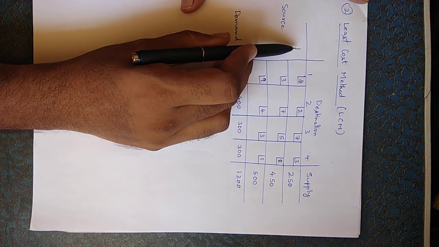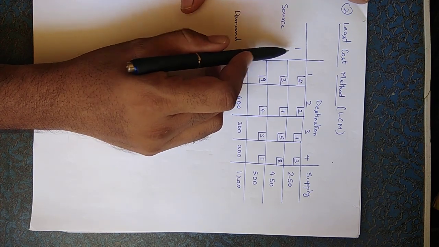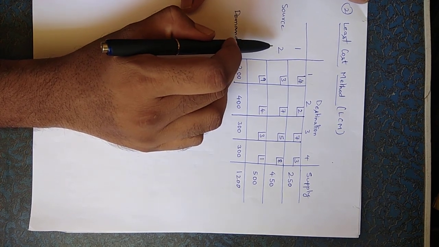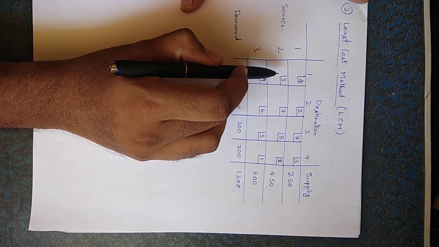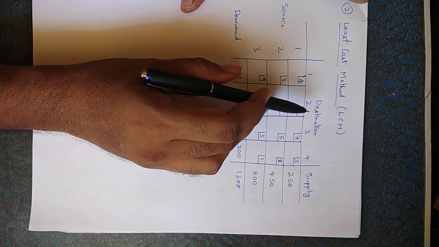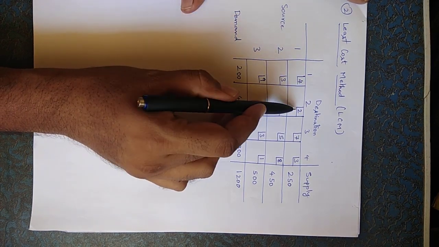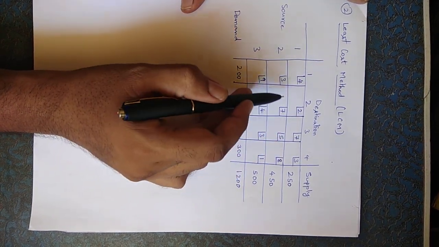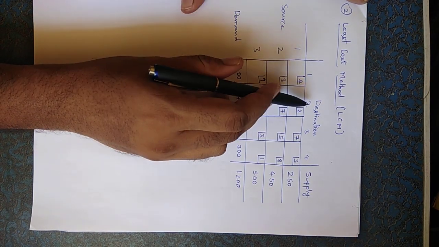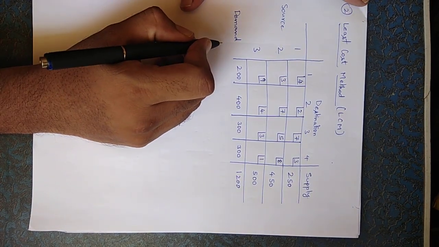Again here also we have to keep in mind the sources, that is 1, 2, 3. There are 3 sources and 4 destinations. Here also we are trying to find out the best allocation possible to ship each product from a particular source to a particular destination with minimum cost. And these numbers inside the small boxes in each cell are the costs involved to ship per item from source to the destination.